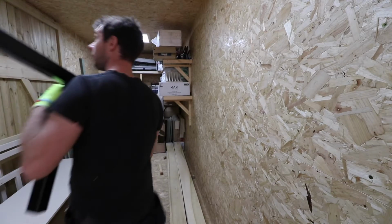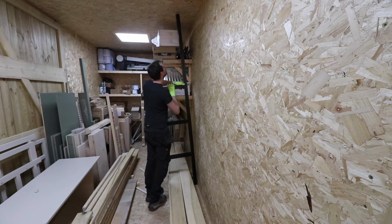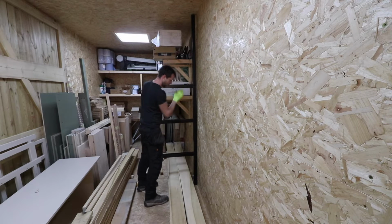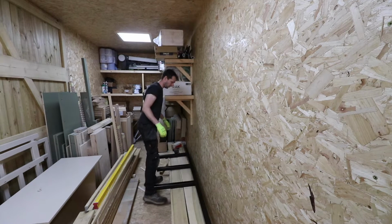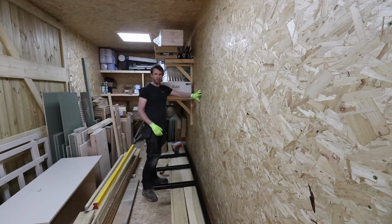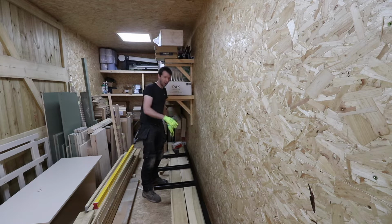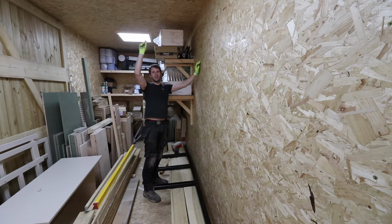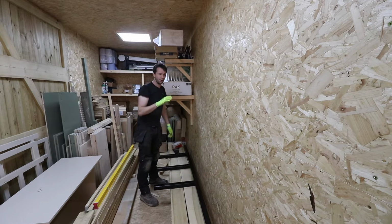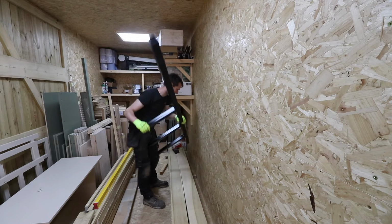Okay, so the moment of truth. Is it going to fit? Oh, look at that. Beautiful. I'm just going to screw these into where the stud locations were within the wall. If that turns out to be not strong enough, the design of the racking is so that I'm going to put a batten on the ceiling that will take the weight of the load, so that the load of it is transferred through that batten. If that's not enough, I can always drill through the container walls to the steel outside shell, and bolt it and hold it together that way. I can't see that being an issue,